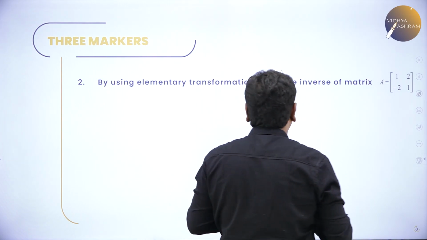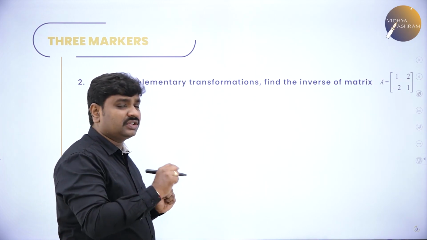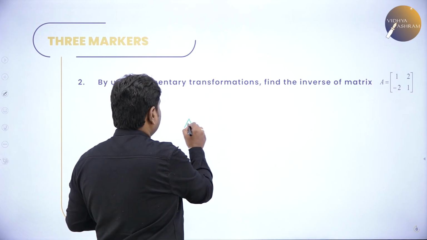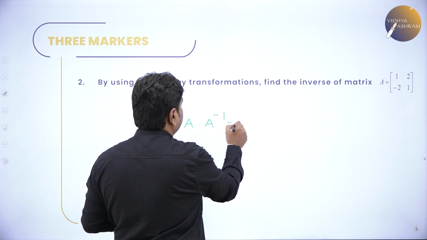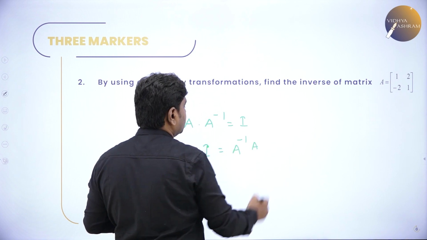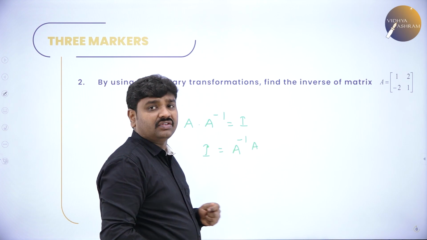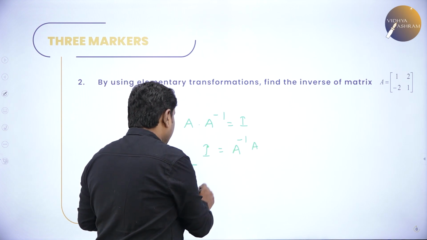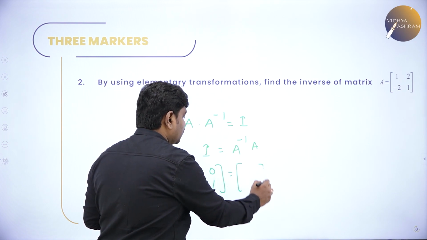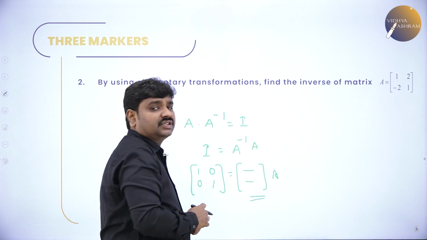So now let me teach the basics before we go to the problem. Our task is to solve these kind of problems. To solve these, first you should know any matrix into its inverse, A into its inverse gives you identity. Or identity is equal to, I can also write A inverse into A. So identity matrix can be written as inverse of a matrix into itself. All of you know the identity matrix in 2 cross 2 is 1 0 0 1. Here any matrix they will give, for that you should find the inverse here and this A retains. Whatever you get here is the inverse.